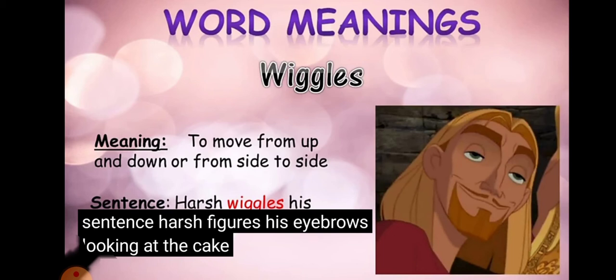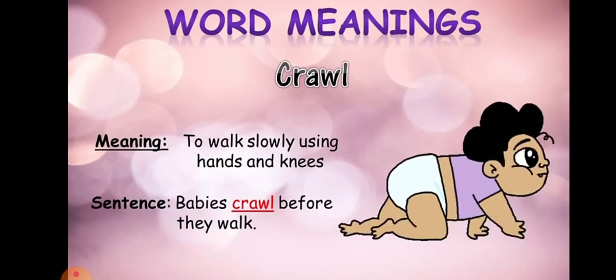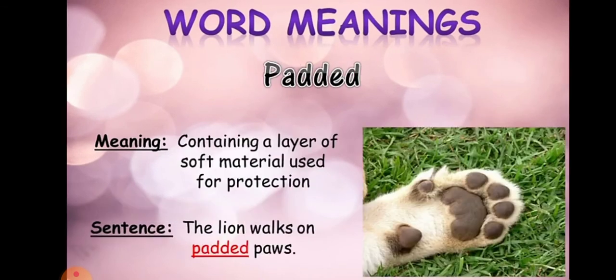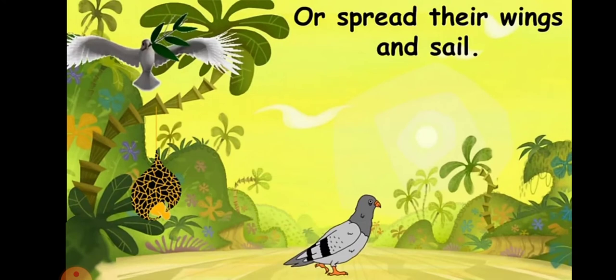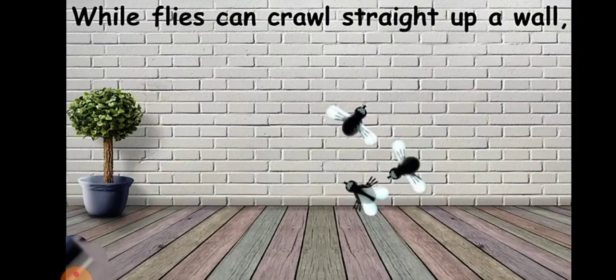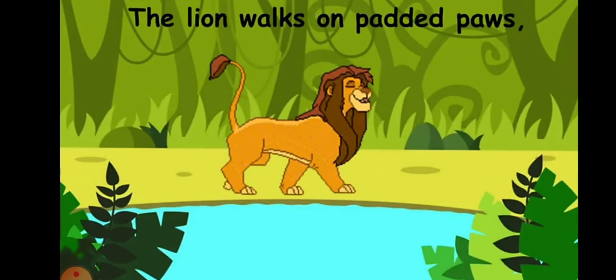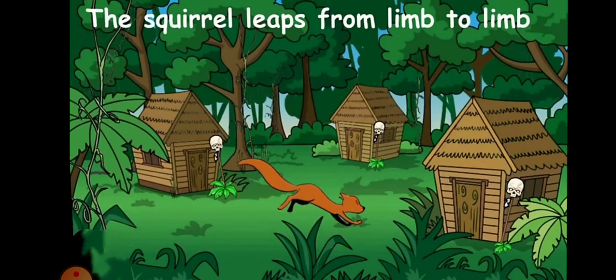Let us quickly revise. We saw in the poem how animals move. So first of all, we saw how the lion moves. The lion walks on padded paws. The movement of the lion is called walk and it walks on padded paws. The squirrel leaps from limb to limb, from arms to legs,